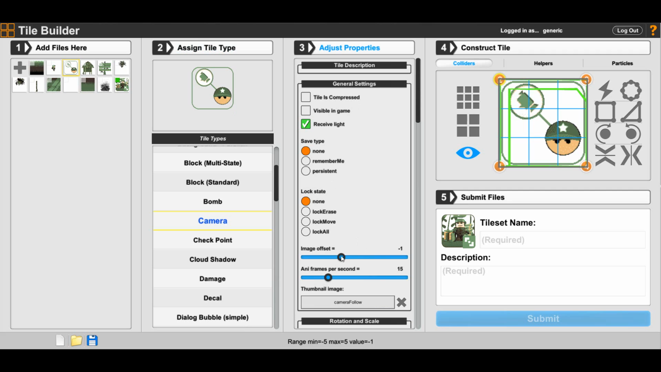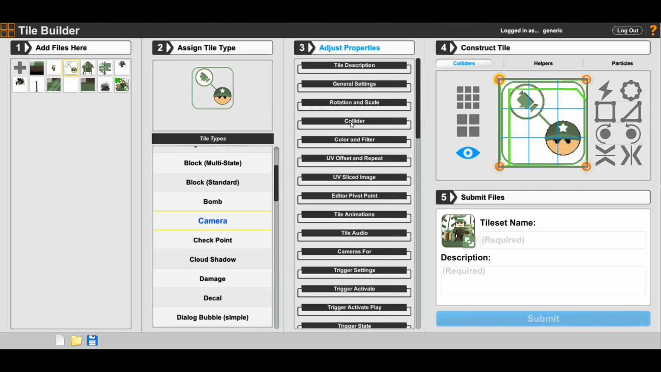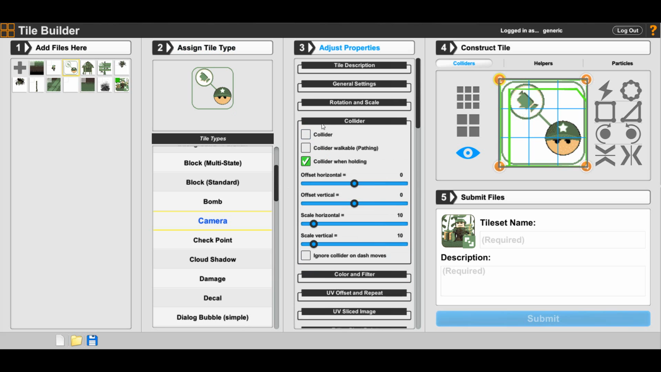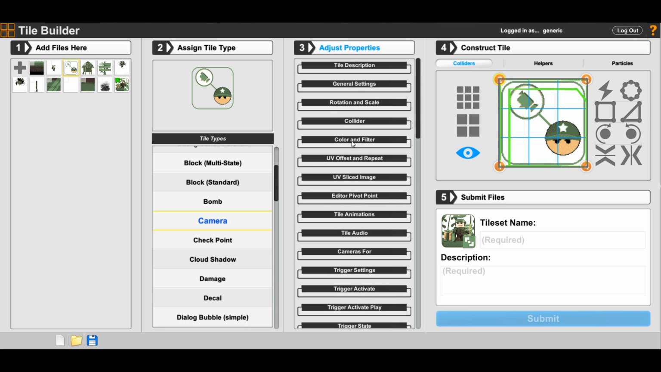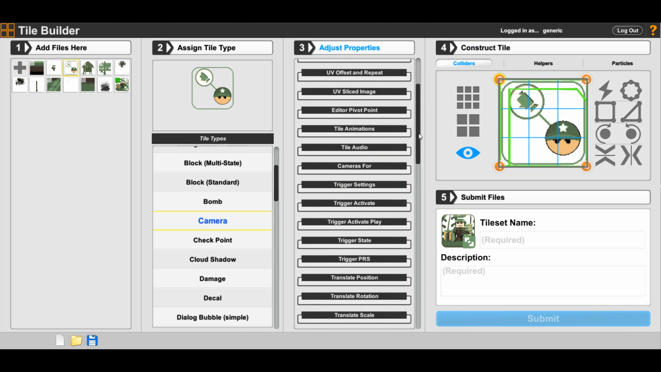And then on the image offset, I'm actually going to set this back just a little bit so it drops behind. And that should be fine. And then we can get down to our collider. We're going to turn the collider off because we don't need the collider. I'm going to turn our point mode on, my clamp on. And then we're going to go down to